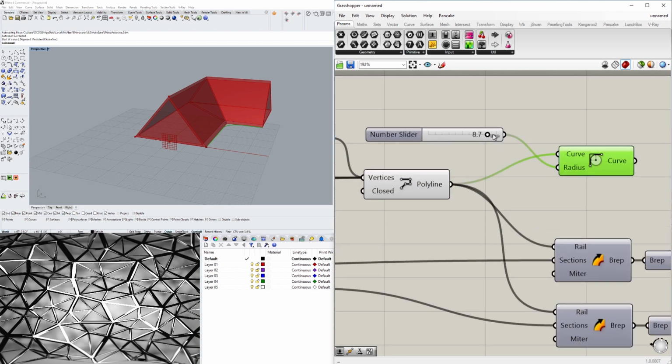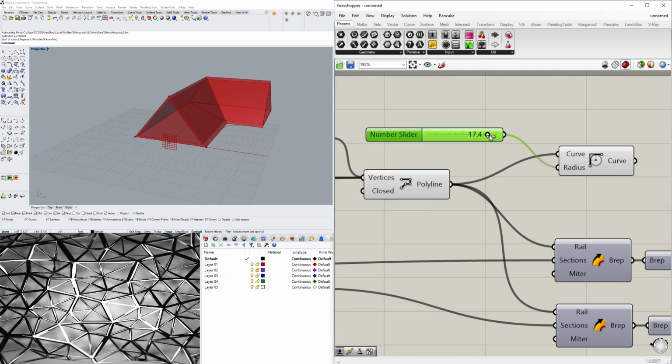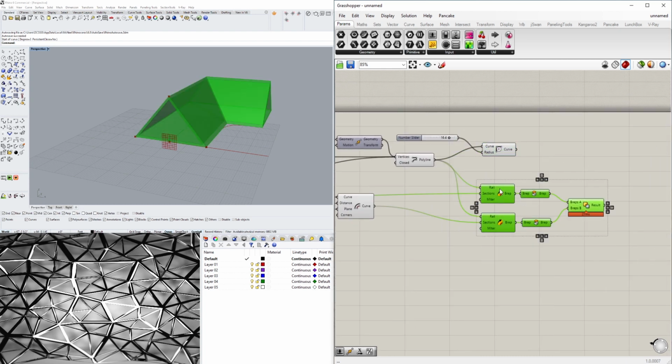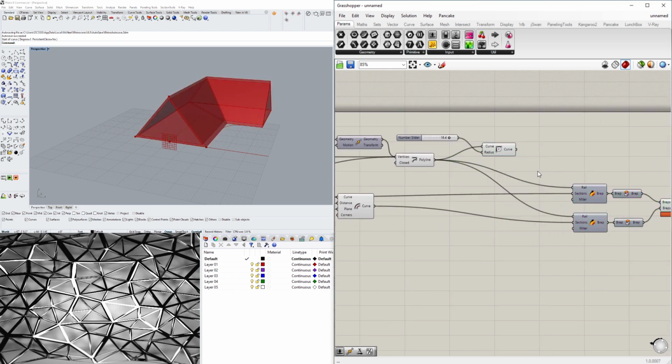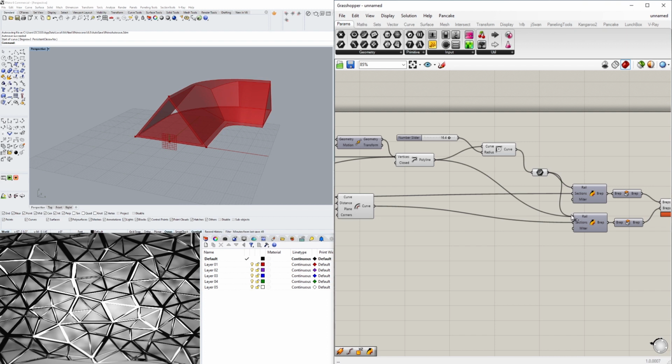And let's increase that. Let's give it a few more numbers here. So increase that to 20. And we can use this curve as our input for the rails. Now, I could easily just take this one and plug it into those, but I think it would be useful to bring in one curve component, which we can plug into here, and this way we can plug in our sections. Or actually, this is going to be our rail. We'll plug in our rail here. And now we have this